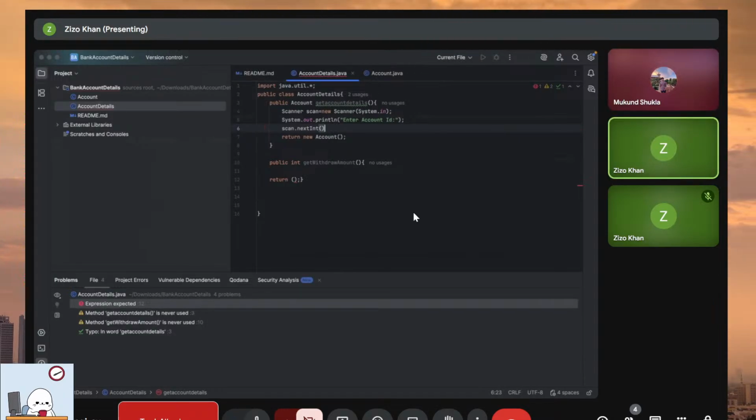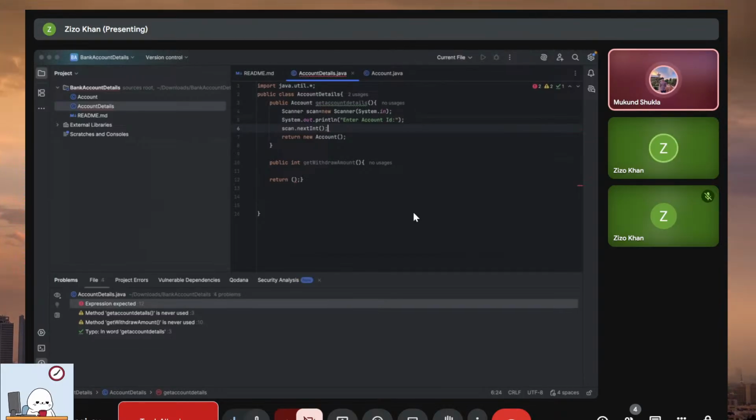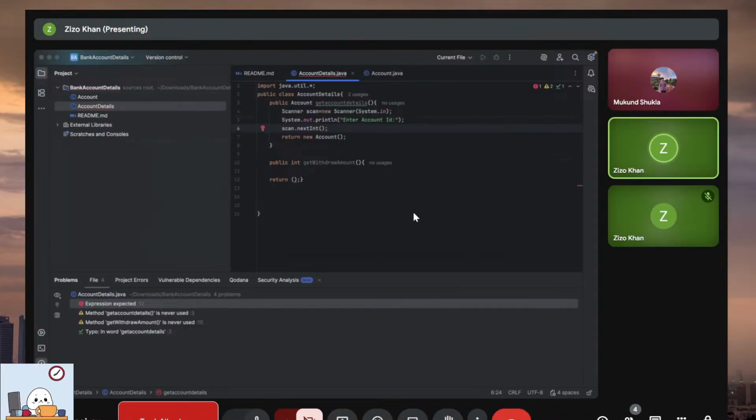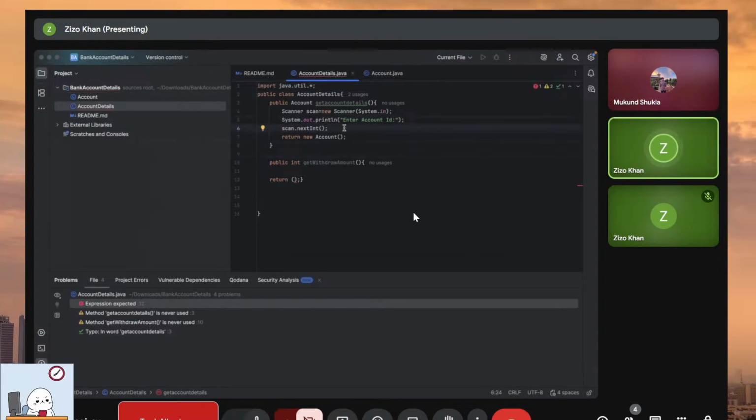Let's say that you took the input, so you want to store it somewhere, right? So scan.nextInt() will return an integer which is taken as an input. Now you need to store that input inside an object or a variable, whatever you think of. So how will you store it? System.out.println and then